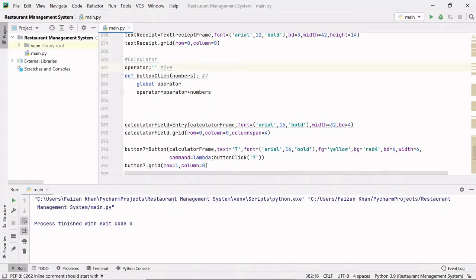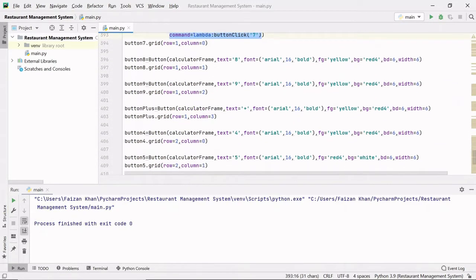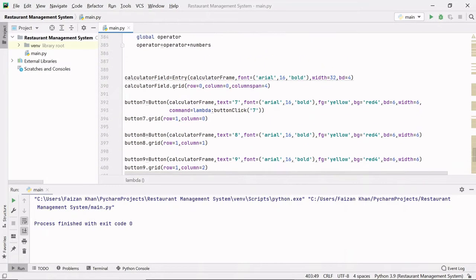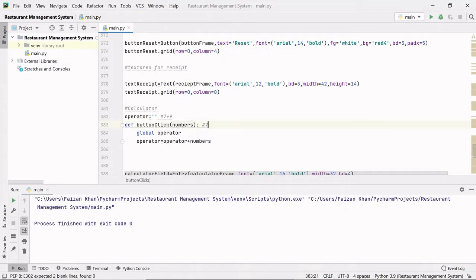And when the user will click this plus button, so I'm going to do the same thing. I'm going to provide command to our plus button also. So I'll simply copy from here. It will be the same command, and to this plus button I'll paste here like this, and instead of 7 I'll send plus to this function. So inside this numbers variable, instead of 7 now there will be plus, right? Inside this operator we already have 7, right? So 7 plus, it will be 7 plus. So inside this operator variable we will have 7 and then plus operator like this.